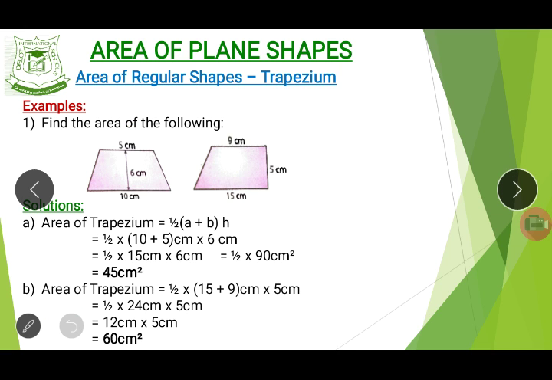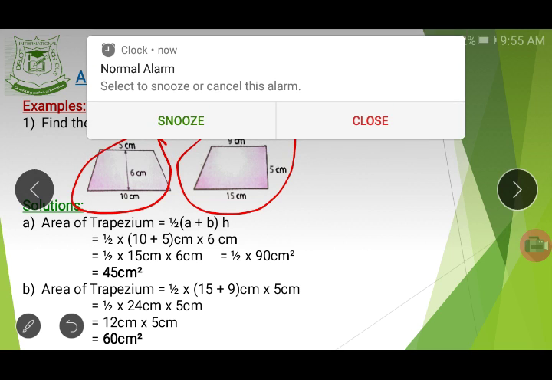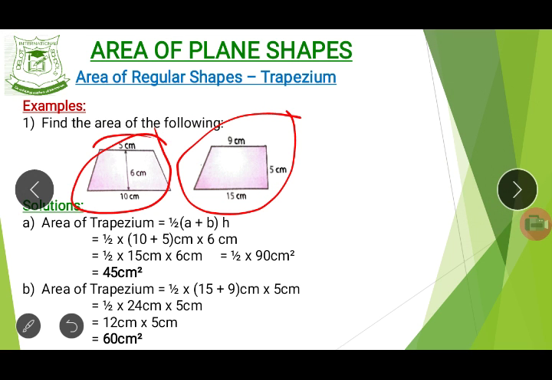Now let's look at examples. Now look at this example. Look at this trapezium. We have two of them there. Now a is the one up, b is the one down. This is your height. All right, so the area of a trapezium, since it is half into bracket a plus b times height,